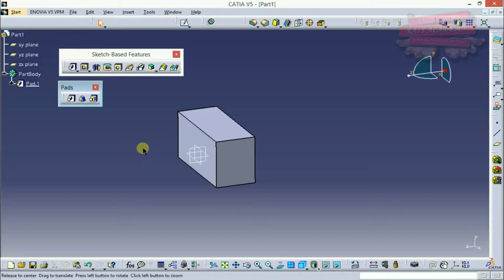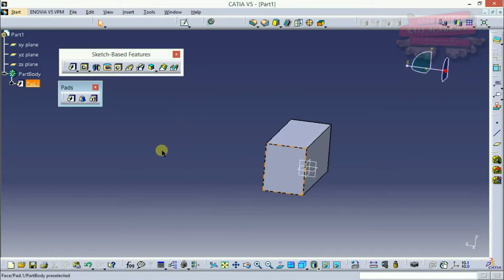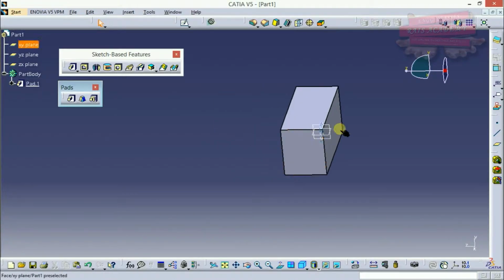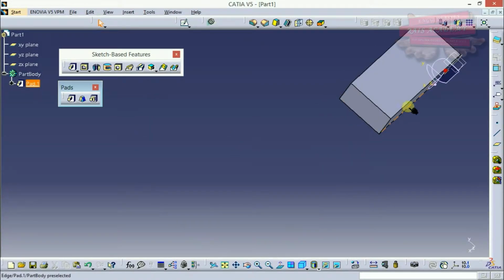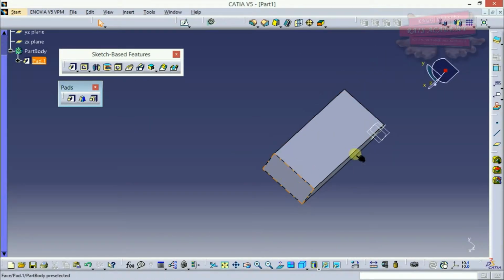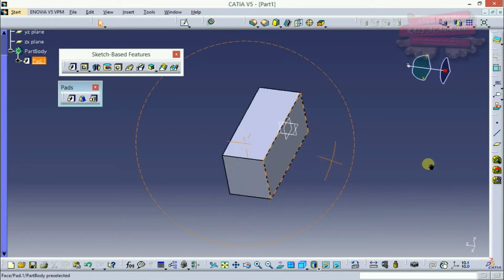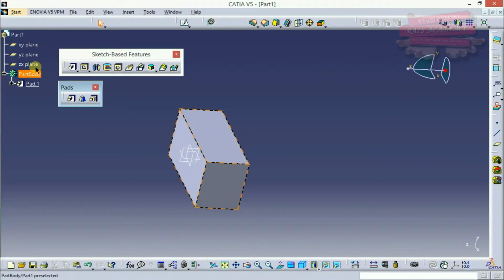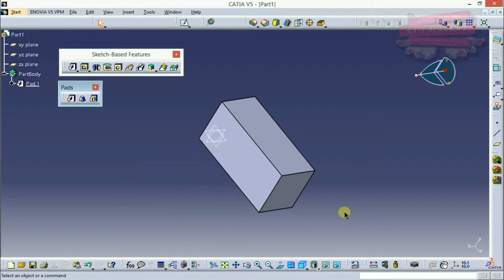So previously I had 3 planes, but now I've got 6 more planes, that is one plane this, one plane this, one plane this, the third one is this, the fourth one is this, okay, fifth one is this, and the sixth one is this. And we have got 3 extra planes. Those are the default planes, which are the XY, XZ and the YZ plane. Okay, so we have got 6 planes.